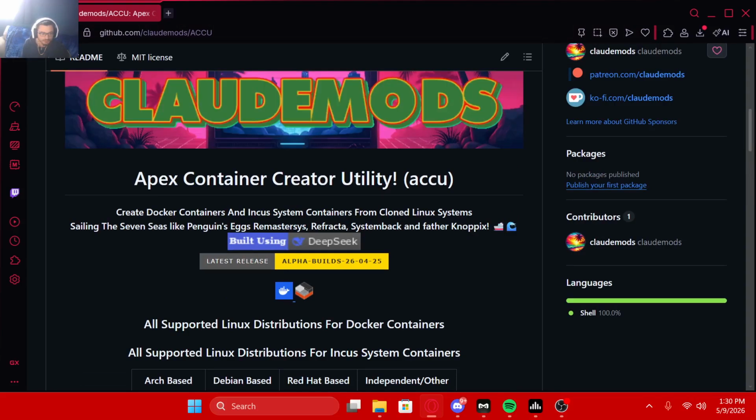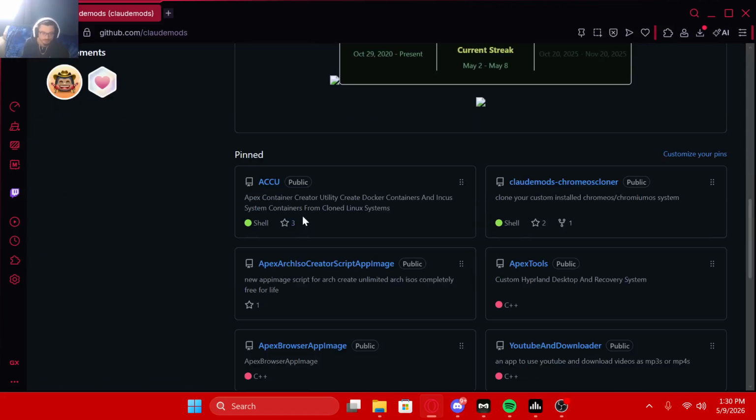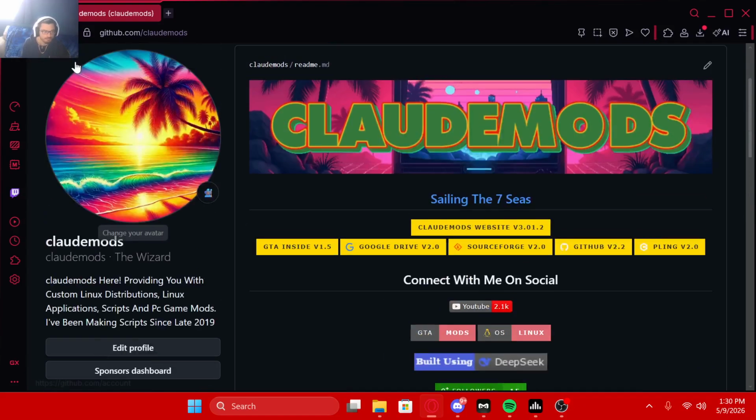Also, there is a Docker container side, which would just be for your applications. So you can boot the system and then just boot applications from the Docker side, or you can just boot the system and have the full desktop on the Incus side, as well as launching applications. So yeah, that's pretty cool to make. But yeah, basically